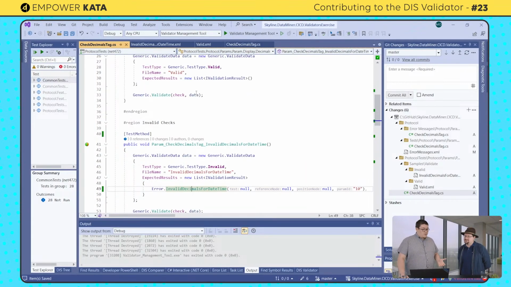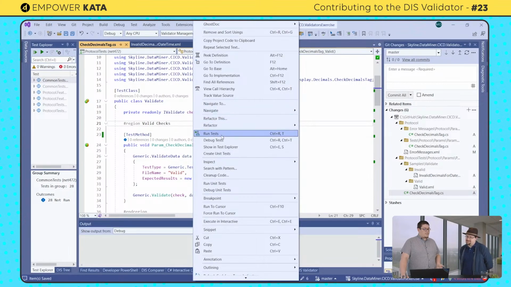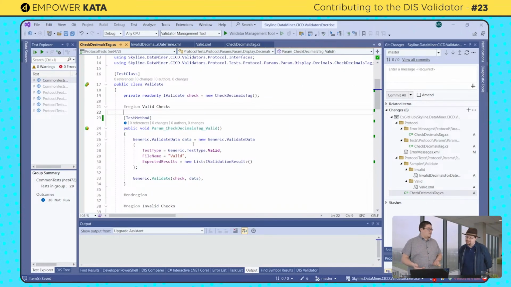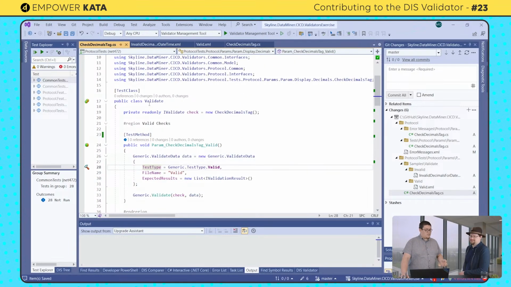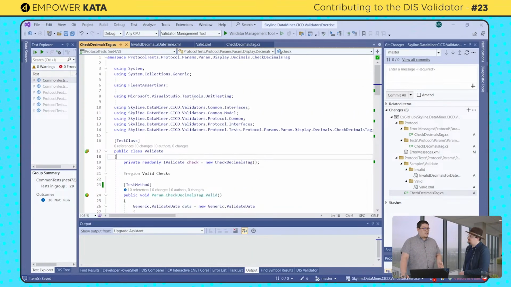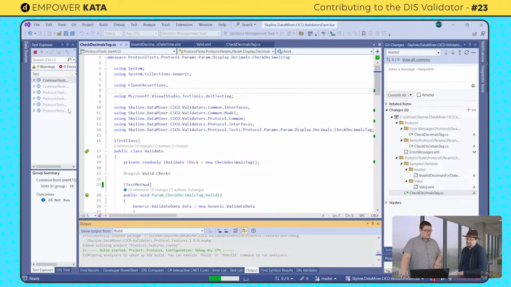Now, a nice thing in Visual Studio is you can right-click and say, hey, run tests. And then you will run just those tests? Well, that's something you need to take into account. Depending on where you right-click and run test, you will run multiple or only one test. If you do this within one test method, it will run that test method. If you do it in a test class, it will run only the class. If you do it within the file, in the namespace, for example, then it will run everything in there. Ah, okay. So that's quite useful to know. So I just click run test, and you will see it will build it, run it, and then